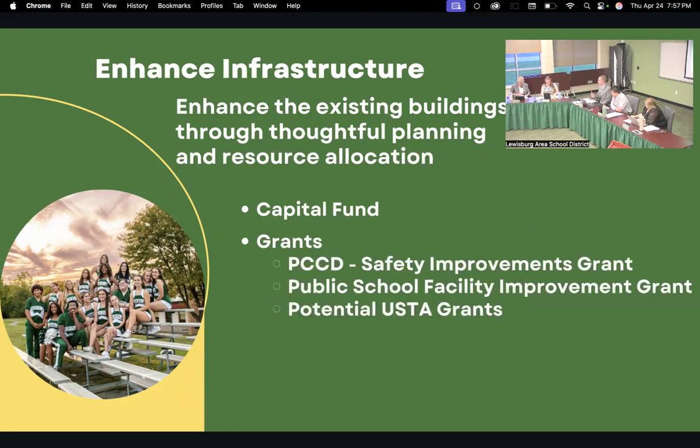We also have a lot of grants that we have been awarded recently. So the PCCD grant comes out every year. I think it's usually April, but if we get it until we've completed, it's usually like September. Public school facility improvement grant, Kathy worked on that for a roofing grant. And then USDA, we found out about this through GDF. They mentioned that USDA would be a good potential partner, and they have granted us $60,000 to go towards potential tennis lights. The project is more than that, so we're looking to see how we could potentially fund that with